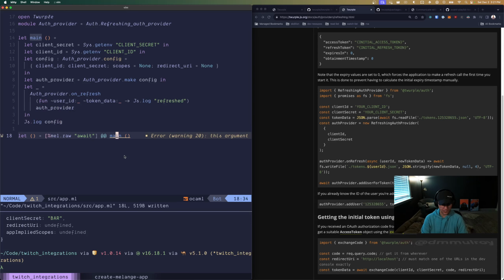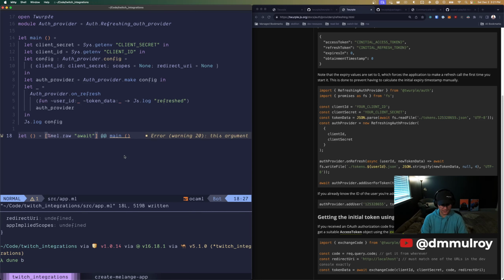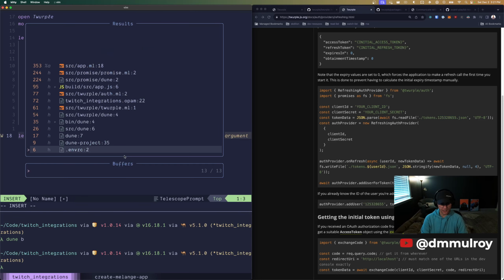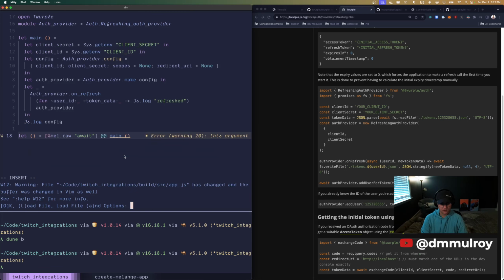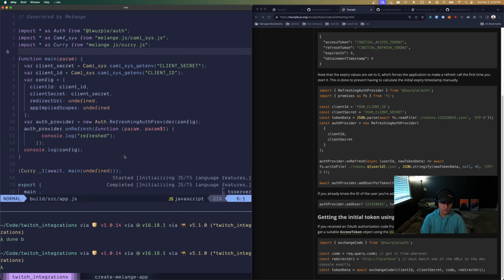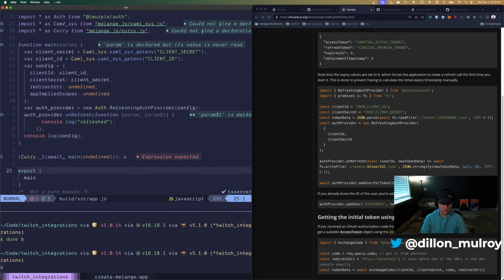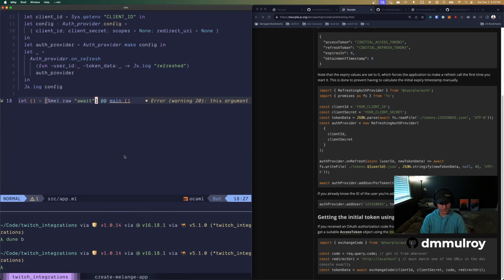This argument will not be used by the function. Let's see what that generates anyways. Let's go to our JS. That's not quite what we want. So let's go back again. We probably want to do like